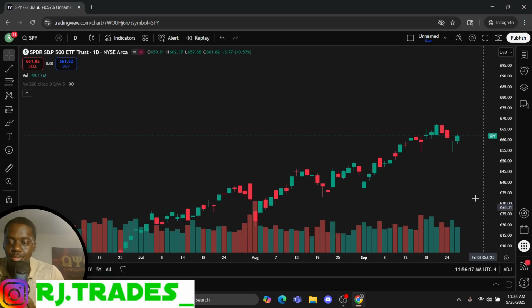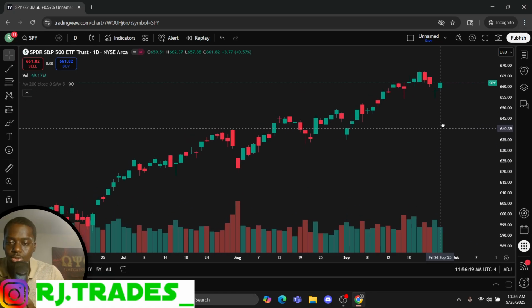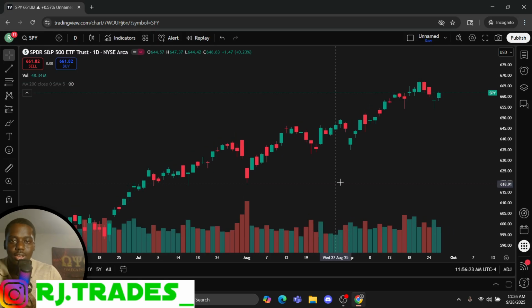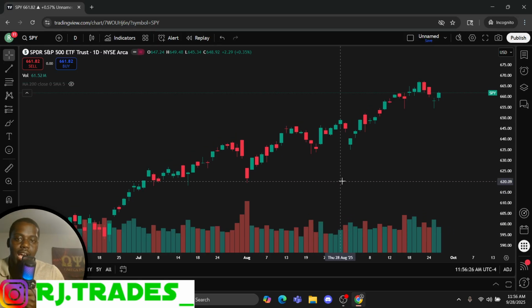Next, I want to go levels or trend line next. Let's do levels. You're going to hear me say levels a lot, but when I say levels, I'm talking about support and resistance. Support and resistance is super, super, super important. If I had to say what's the most important, I would say number one is candlesticks, and number 1A is support and resistance. You can literally do nothing else but learn candlesticks and support and resistance and make money. I guarantee you.